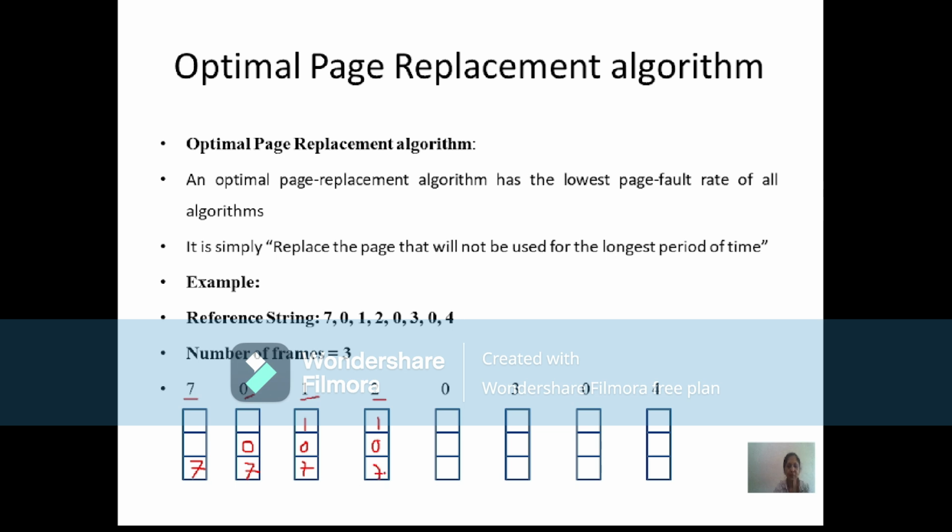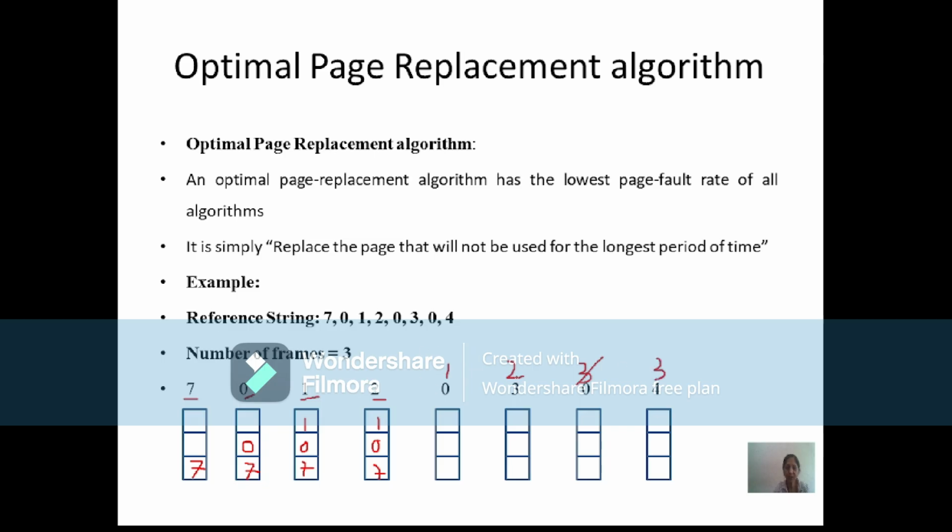So now is the time to find the victim page so that we can load page number 2. Since this is the optimal page replacement algorithm, we are going to look forward and see which page might be used at a later stage. The shortcut is to walk 3 steps ahead. This is my first step, this is my second step, and this is my third step, and if you see, 0 is repeated, so I ignore this.